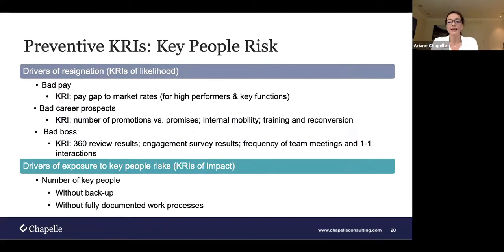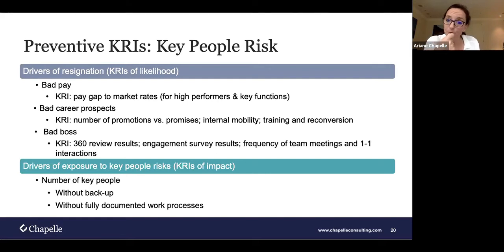So for that, I took a small example of preventive KRIs on one of the top risks I hear when people suggest what to track with KRIs: key people, key man dependencies. Here I gave you two sets of examples for indicators around likelihood and around impact. Now, turnover, people leaving, these are not preventive KRIs, all right? It's just a lagging KRI, it just shows how bad you've done. If you don't do anything else, the past might reproduce in the future, same cause, same effect. So not a good idea, okay?